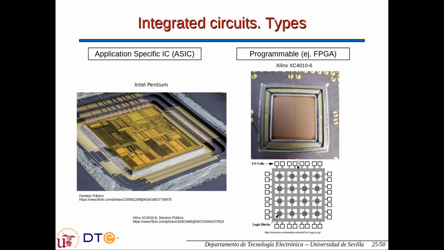It's something that can be configured to do some functionality. FPGAs are digital devices, so every block here can be configured to do some digital operation. And these lines going in the vertical and horizontal directions are interconnection paths that can also be